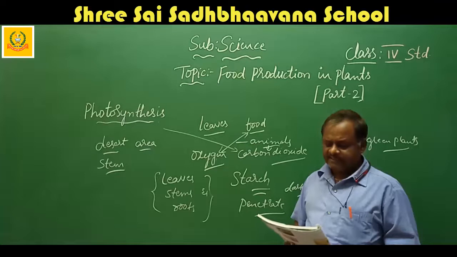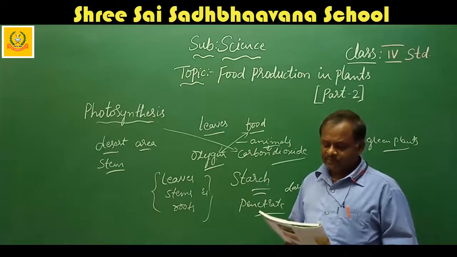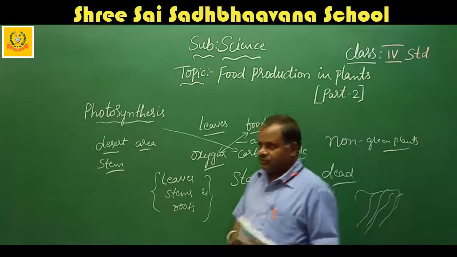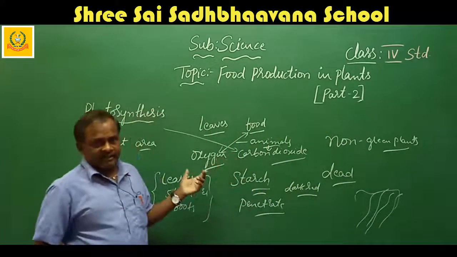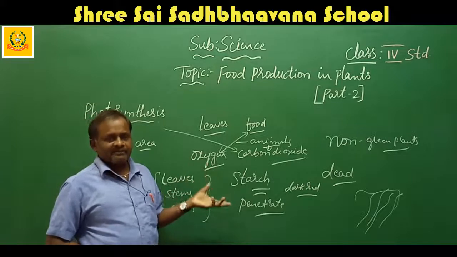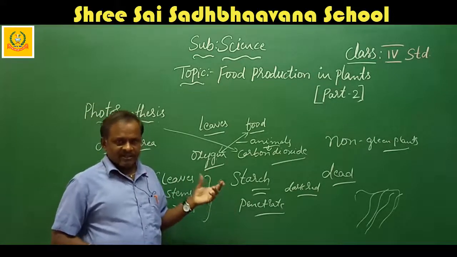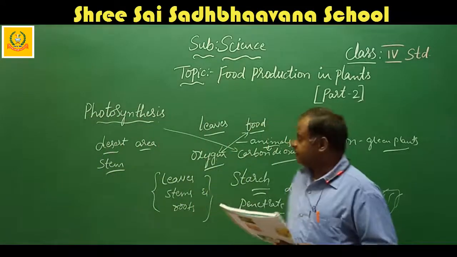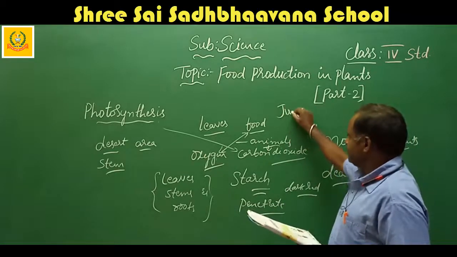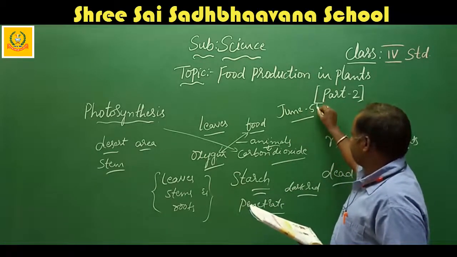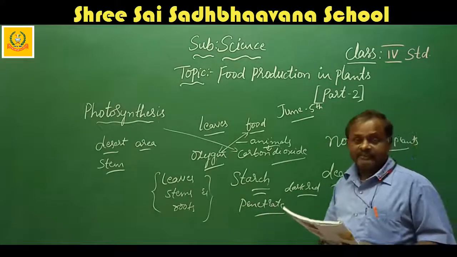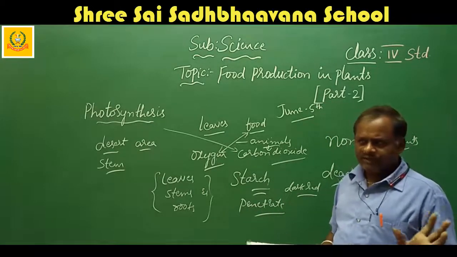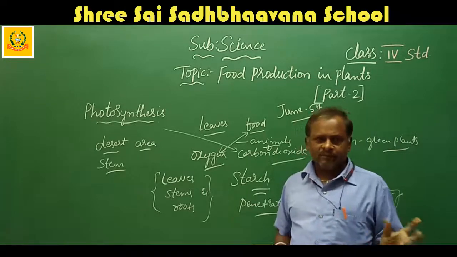Here they have given some fact file. The World Environment Day is celebrated on 5th June all over the world. The stored form of sugar is called starch. Vana Mahotsav program helps to promote the planting of trees. So by this you understand that plants are very important in our life. So government has planned to improve the plants or the trees. So they celebrate June 5th as the World Environmental Day. On that day, everyone should plant one plant.